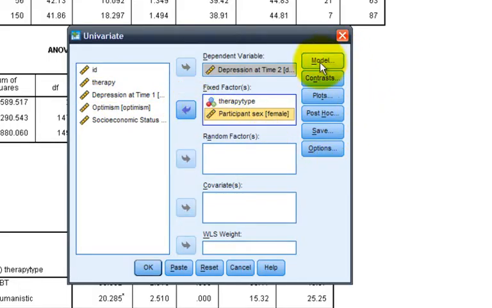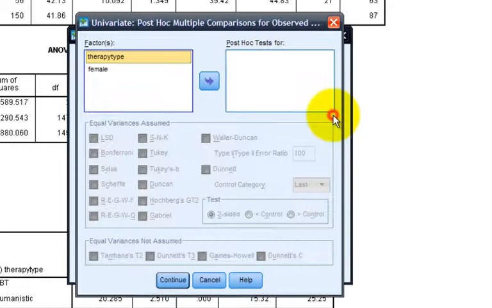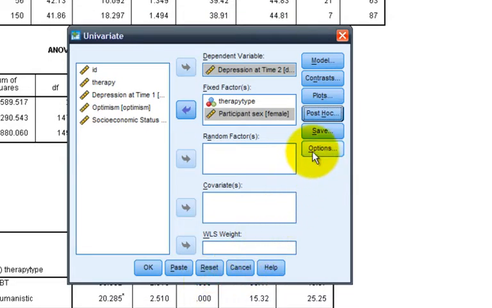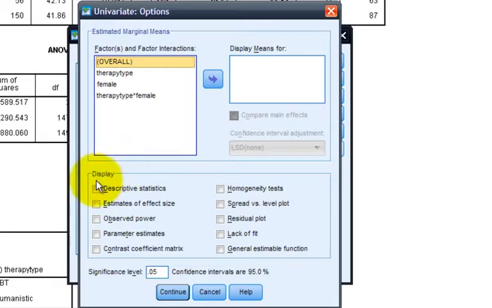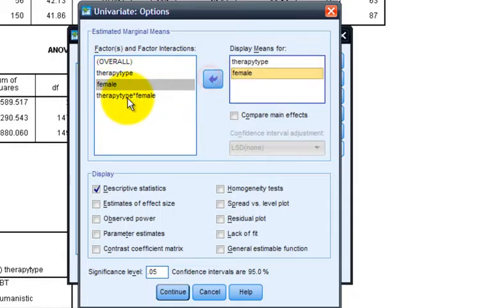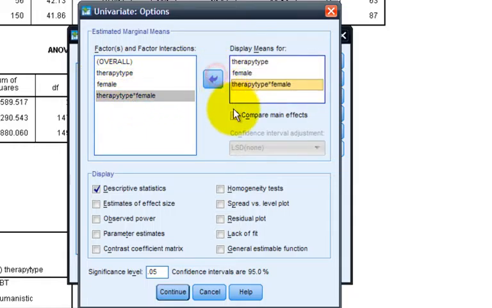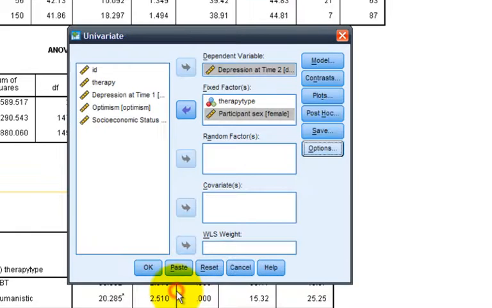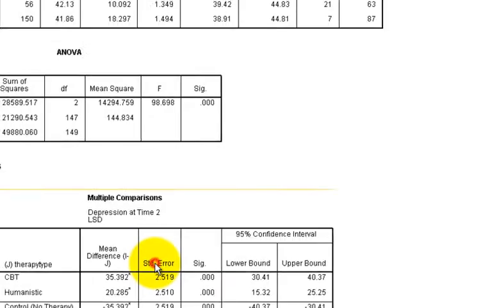We also see several more options. To get post-hoc tests, we can either go to the box that we did before. In this case, I won't choose that. We can also go under Options, and in addition to including our descriptive statistics, we can select over each of our variables, including the interaction term, and compare the main effects. This also generates the same post-hoc tests that we would have gotten before. Let's also include our estimates of effect size, and continue. If I run this model,